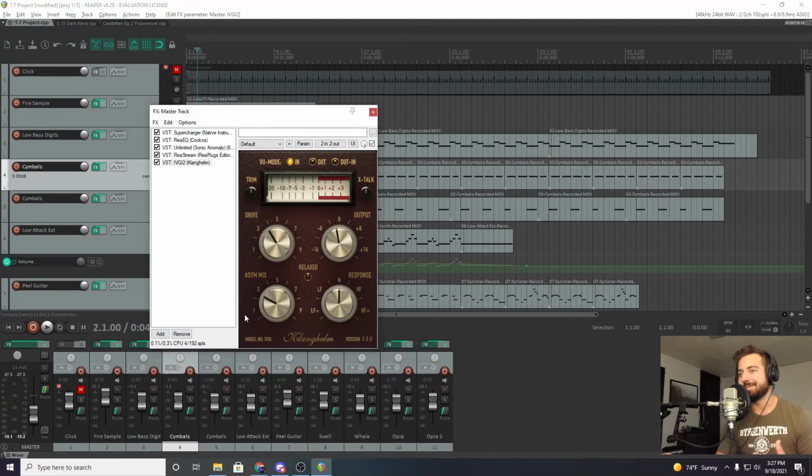I guess if I'm already rambling, I'll talk about transparency a little. A transparent tool in music is something that applies its function without coloring the tone, whereas something that's not transparent is going to add some sort of identity to the tone, and that can be good and that can be bad.